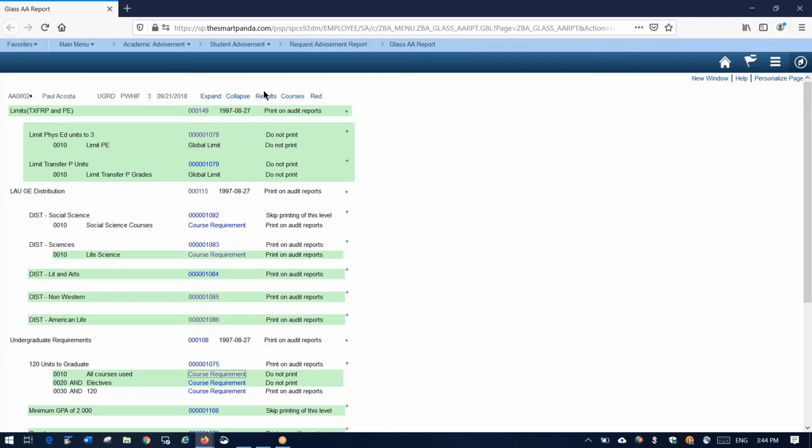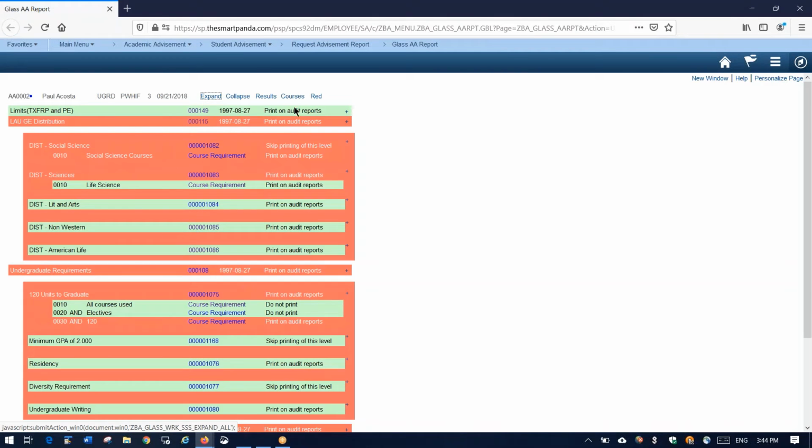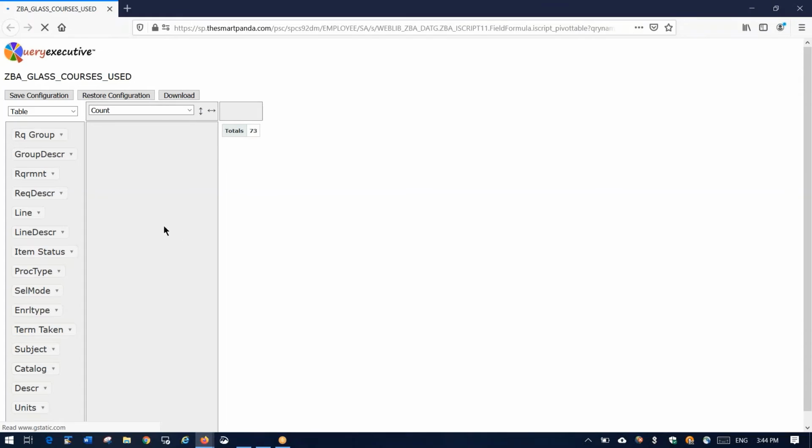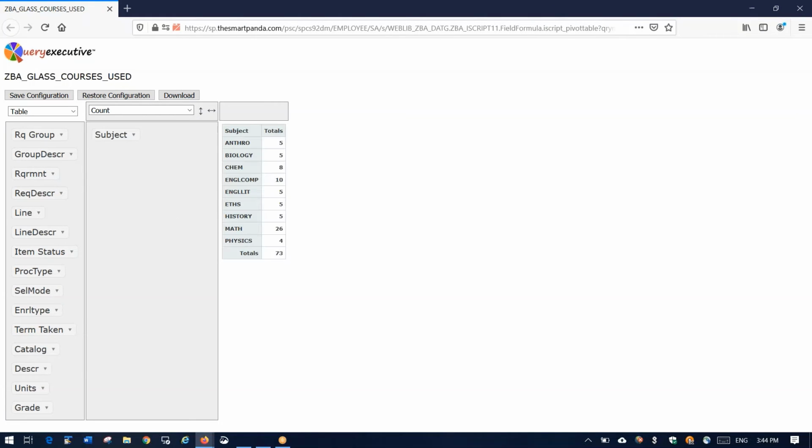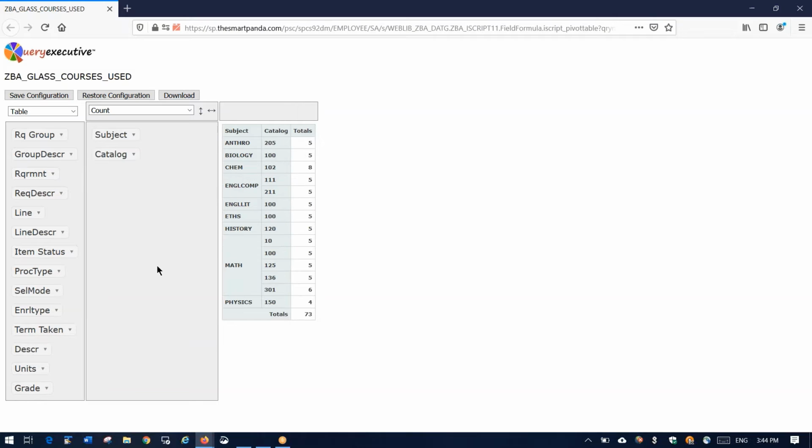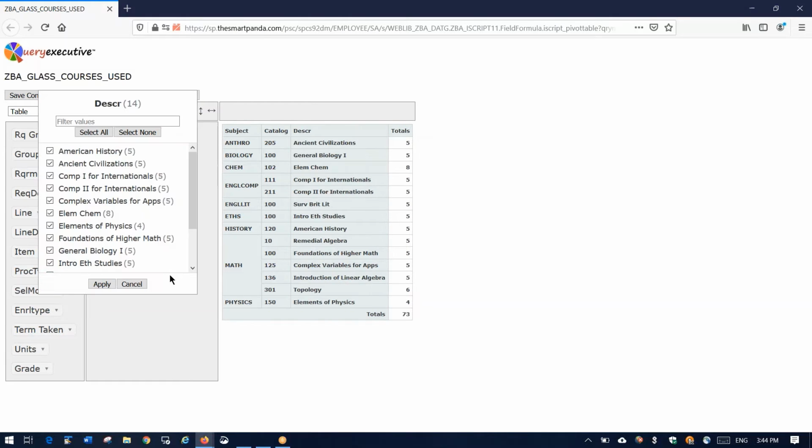The other thing you can do at the top here is more drill through, more analytics. So say, for example, I want to see all courses used, not just for a particular line, but all. So if I want to see all courses used, click the courses link. That's going to open two analytics windows. One is my pivot table. This allows me, with all courses used, to quickly get the